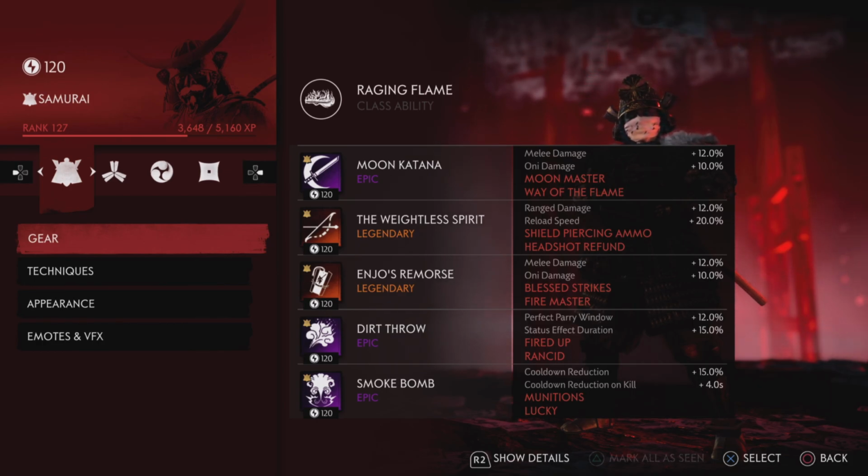And the reason I got shield piercing ammo on the Weightless Spirit is because we're going to run a smoke bomb here. Based on how I'm going to play this, we want to have as much ammo as we possibly can get. So having munitions with a smoke bomb with cooldown reduction and cooldown reduction on kill, and Lucky is going to keep us topped off on our ammo if we're unable to get headshots, especially if they happen to have helmets. But the reason I have what I have on here is because Elder Oni and all those that like to run shields,